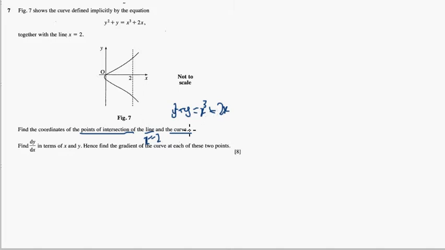So I think it's not a massive leap to realize that you just need to substitute x equals 2 into this expression and you can find out where they meet. We already know that the coordinate's going to be 2 something here and 2 something, so we just need to work out what y is. So if we sub x is 2 into this, we get y squared plus y equals 2 cubed plus 2 lots of 2,